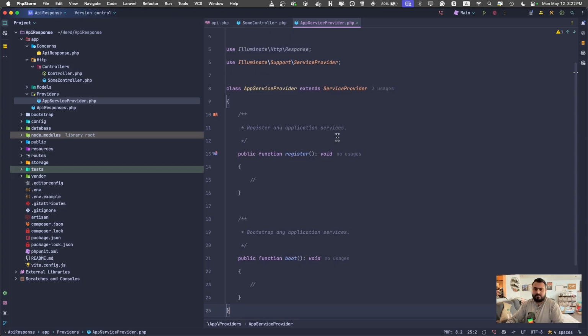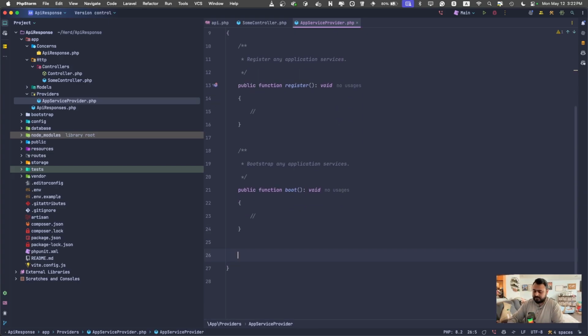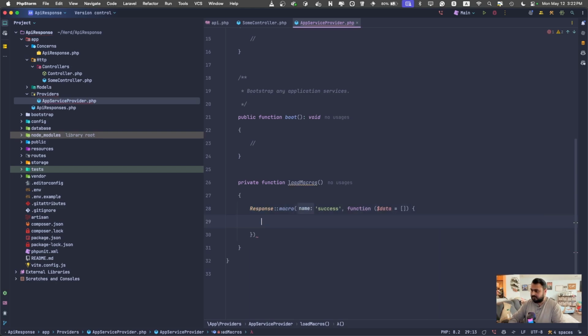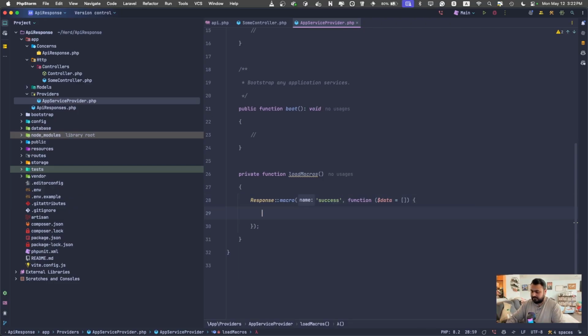So that's what we are going to do. We are going to create a private function here called load macros, and in this we will add a macro on the response class called success. It will have the data,